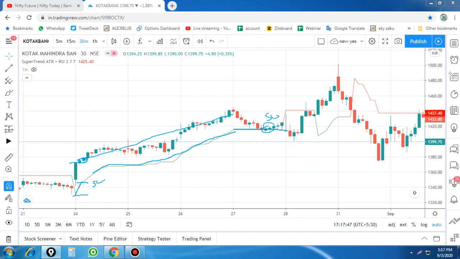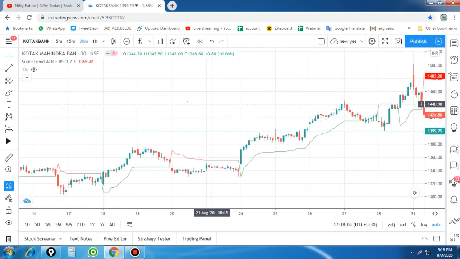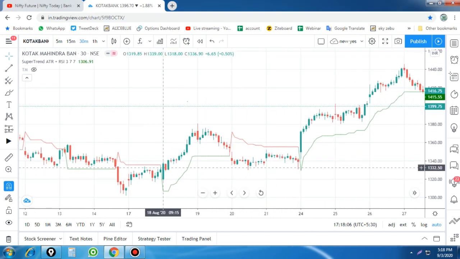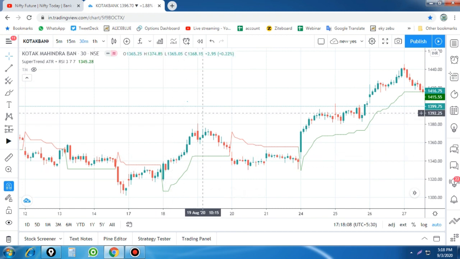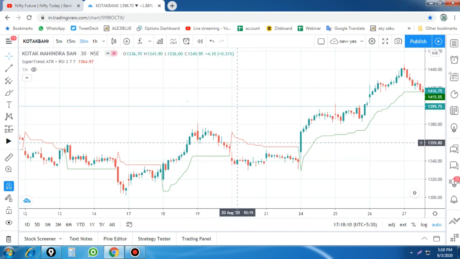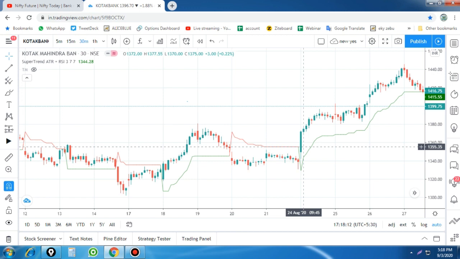Maybe the stop loss hits here. When you take a position at this particular point, around 1380, your stop loss got triggered at 1420, but meanwhile it went up to 1450, the highest price. You can check previous signals also with this trick, and that will give you better results. Here is a buy signal which spikes out, and after that a rally. Here it gives you a sell signal, but here you got your stop loss triggered.